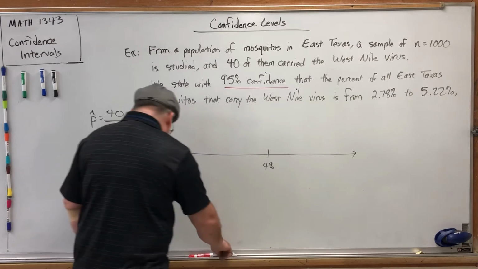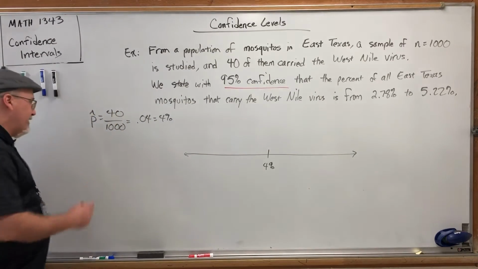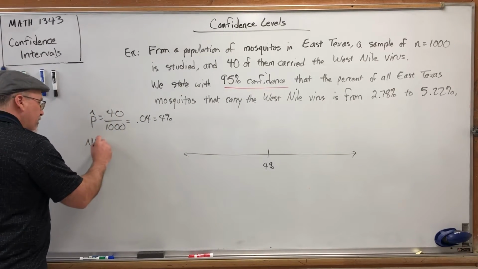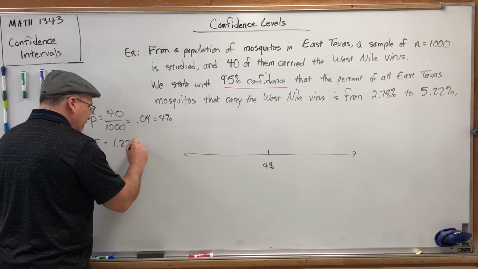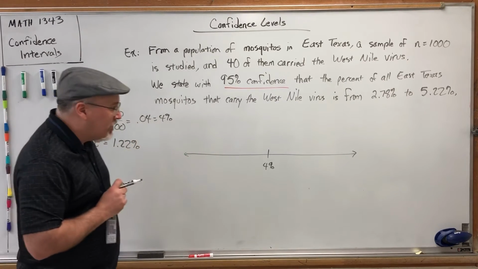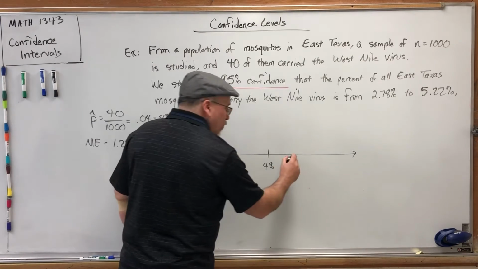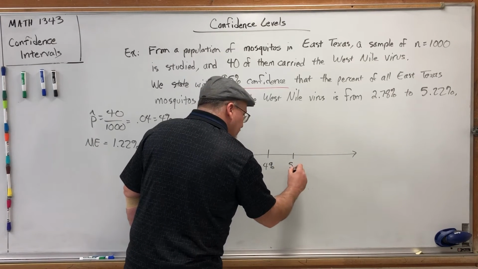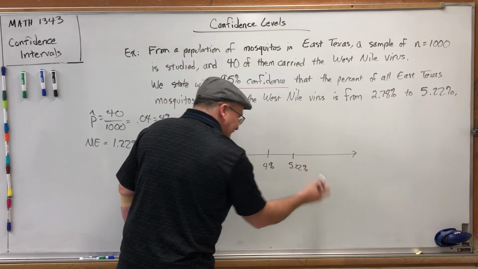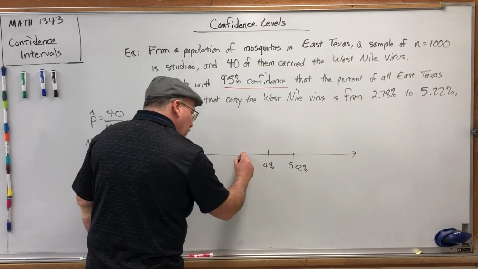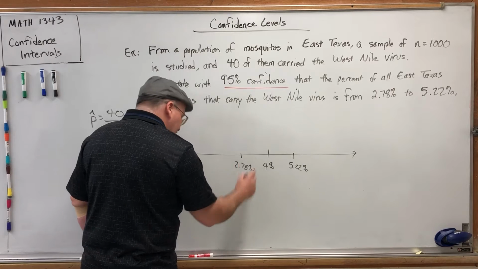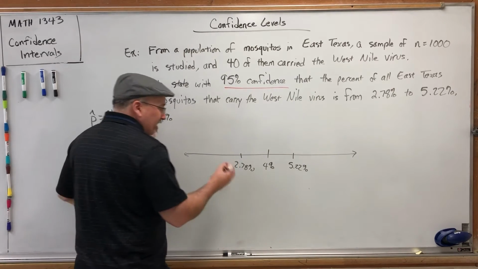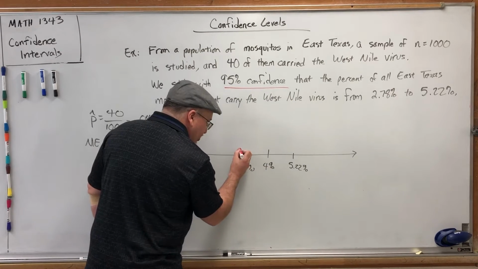Now, I haven't told you how I've calculated it yet, but the margin of error for this particular scenario would be 1.22%. And when the time is right, we'll go through the details, which means that we would add 1.22% to get the right end of that interval, and we would subtract 1.22% to get the left end of that interval. So if you think about this as shading in part of the number line, but I'm actually going to shade it above it,